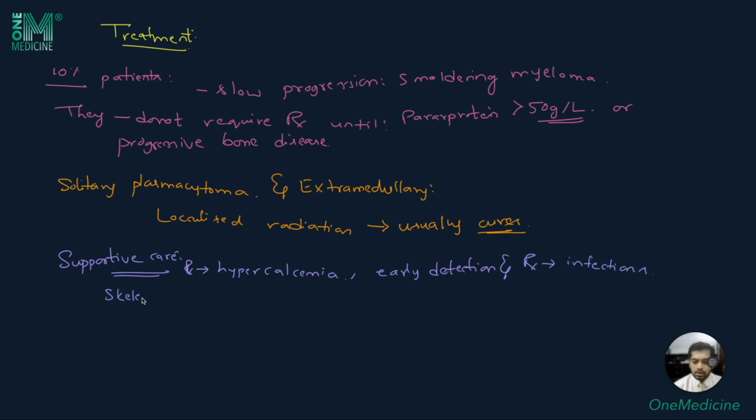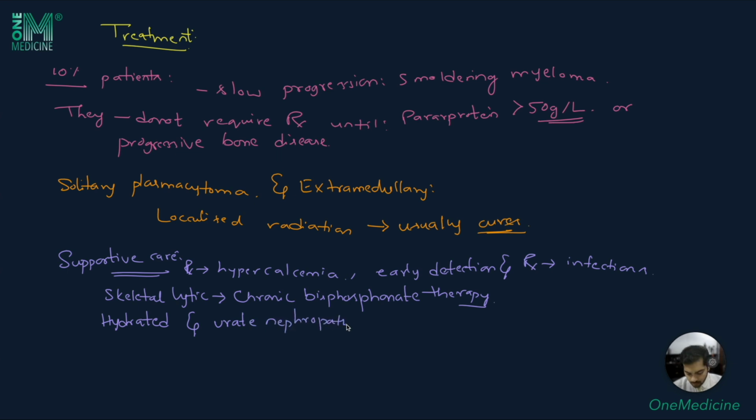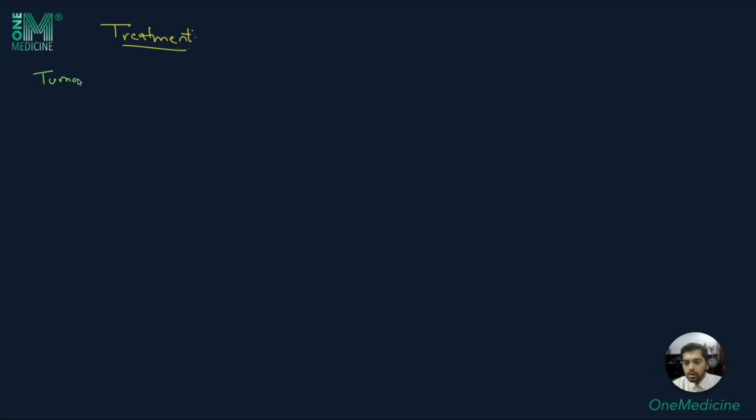The skeletal lytic lesions are counteracted by chronic bisphosphonate therapy. Patients should be hydrated properly, and this prevents urate nephropathy also. The therapy aimed at the tumor is usually palliative. Initial therapy is based on whether the patient is eligible for high dose therapy